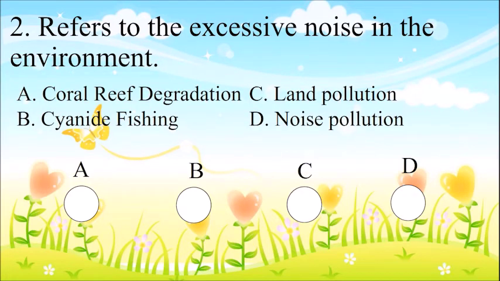Number 2 refers to the excessive noise in the environment. Your choices: A. Coral reef degradation, B. Cyanide fishing, C. Land pollution, or D. Noise pollution. Make more time. And the correct answer is